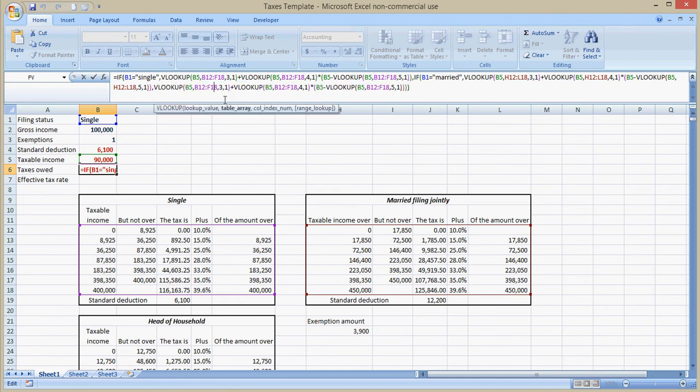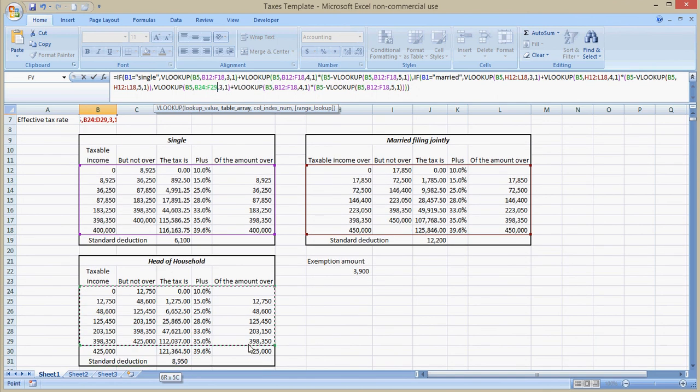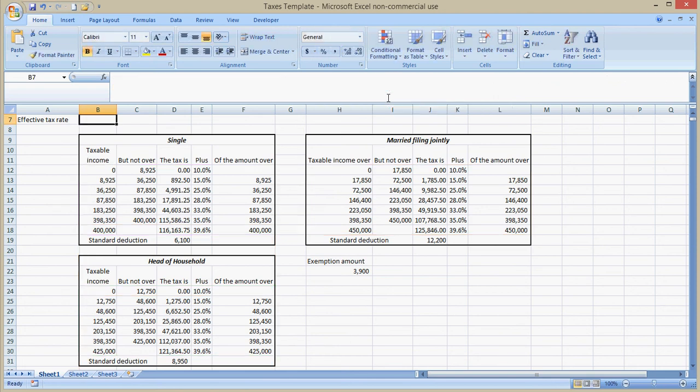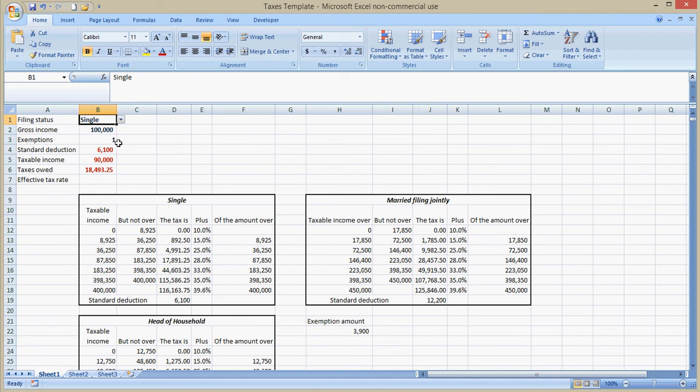But for head of household, I need to be looking in a different table, and that table would be this one right here, which is B24 to F30. B24 to F30, enter. Okay, so now single, married, I have a different number,